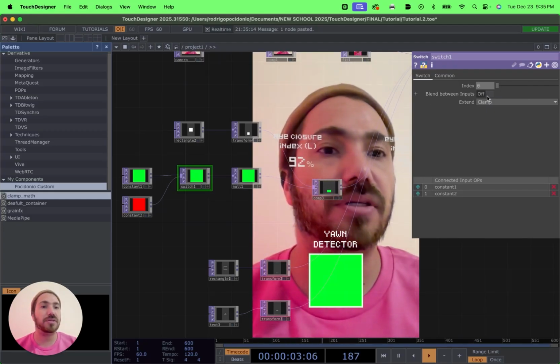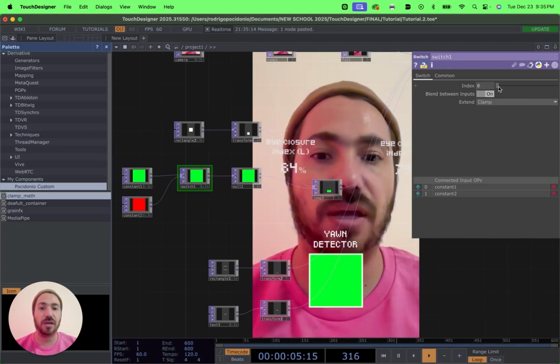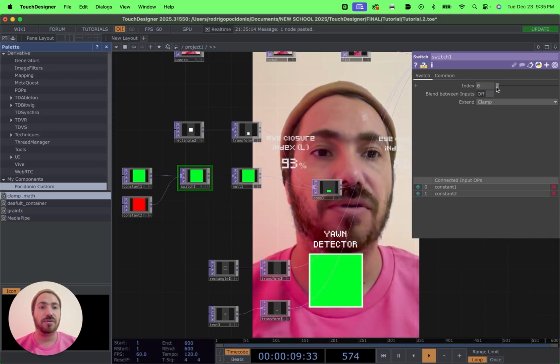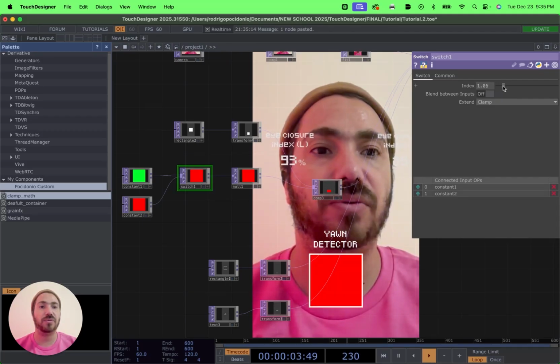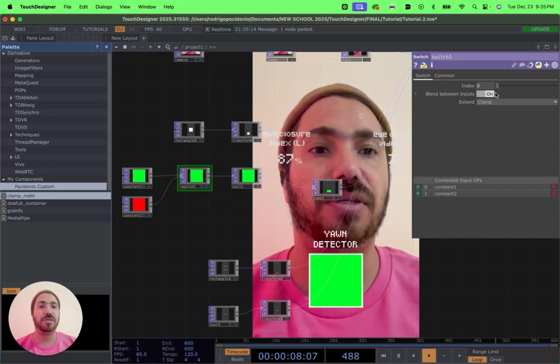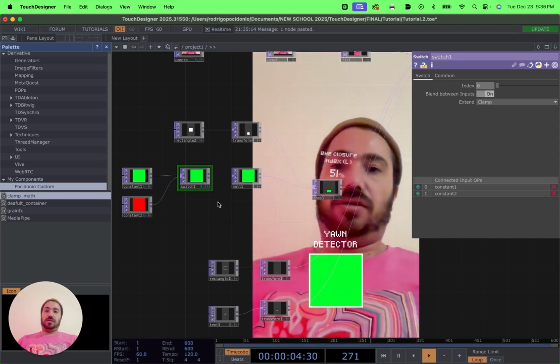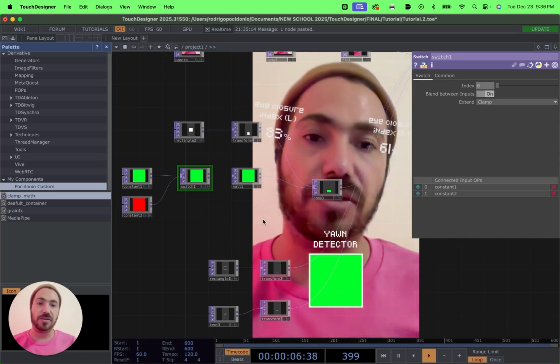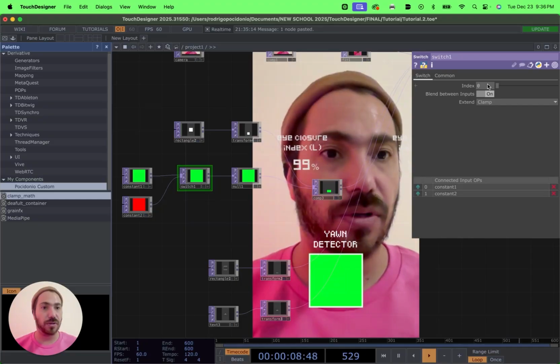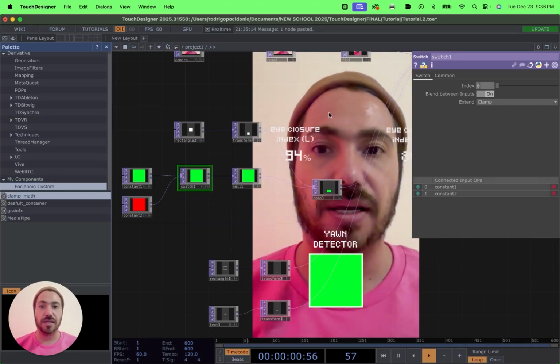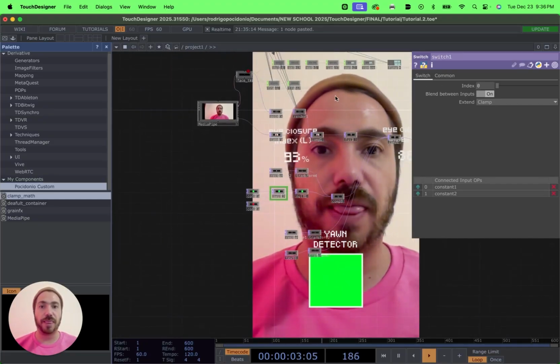If you put this on, blend between inputs, it will transition. You see? If you don't, it's like green, green, green, green, green, and then after 99, becomes red. But if you put the transition, it will slowly go, and we want this version, right? So now we need to use a chop to take care of this index, right? And the chop we will use will be